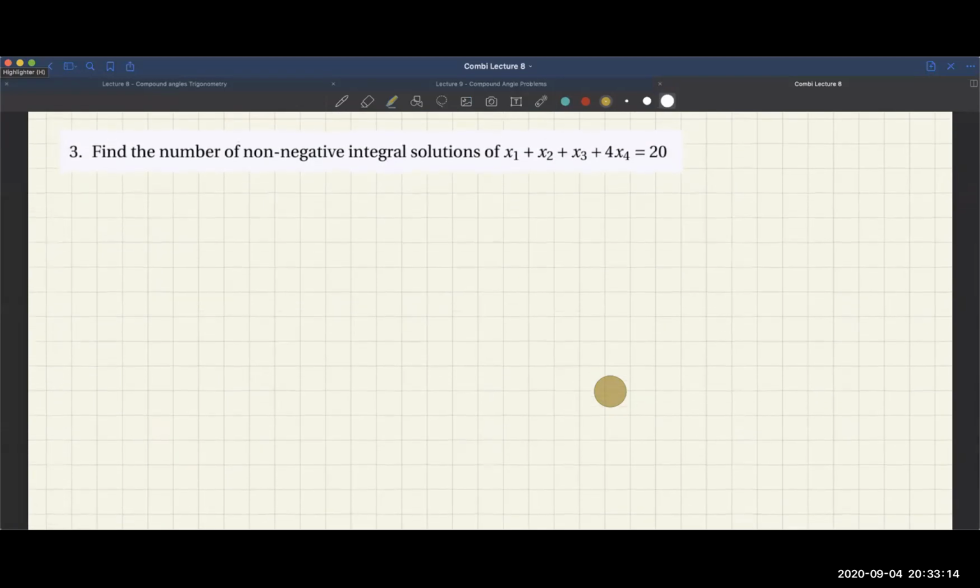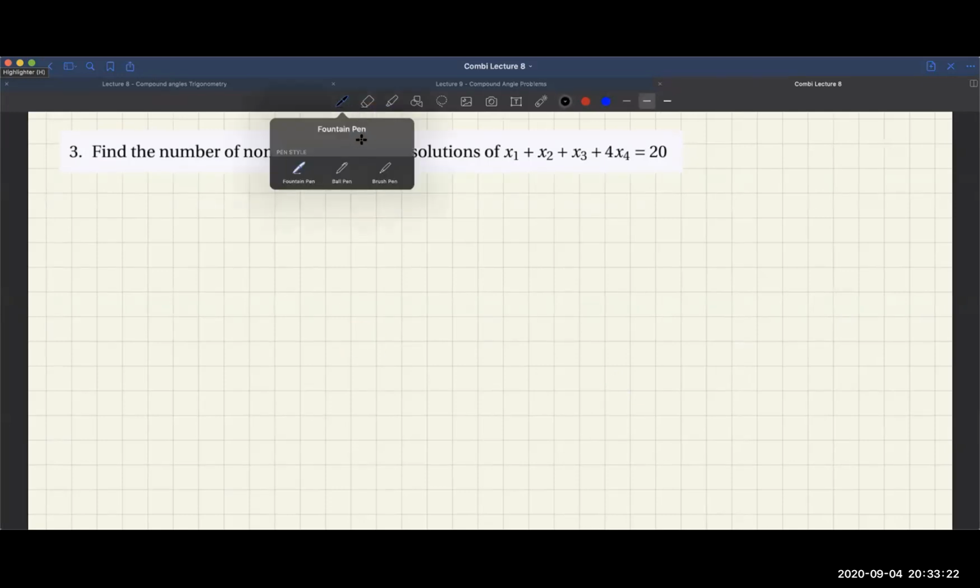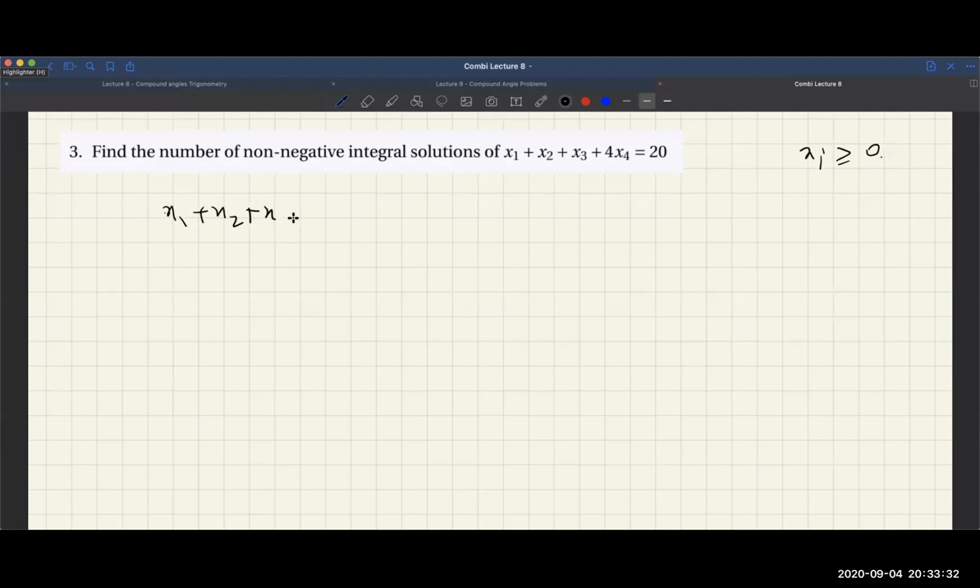Okay, अभी इसको कैसे करेंगे? How do we do this one? Yeah, so this problem can be broken down, non-negative. Non-negative means all xi's are greater than or equal to 0. And this expansion is there, so it will be broken down into problems like this. Okay, so 20 minus 4x4, and if x4 is equal to 1, 2, 3, 4 and 5. These are the possibilities which we get for this particular problem.